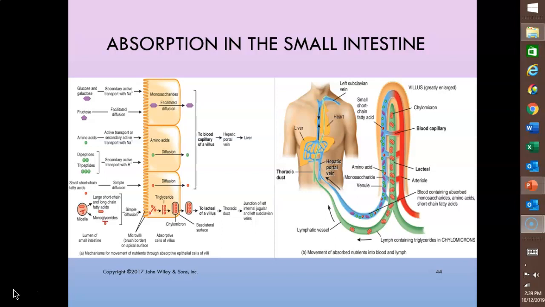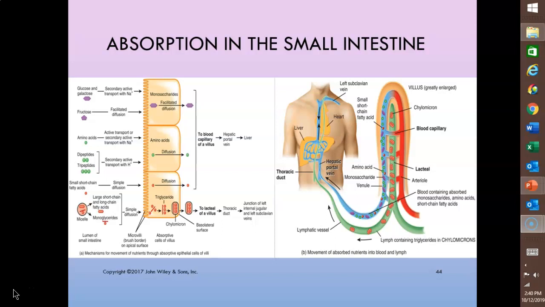Pancreatic juice contains nucleases, which digest RNA and DNA. These are further digested by brush border enzymes down into small enough products to be absorbed. So all of the chemical and mechanical digestion from the mouth to the small intestine is directed toward changing food into forms that can pass through the absorptive epithelial cells that line the mucosa and then get into the underlying blood and lymphatic vessels. So monosaccharides, single amino acids,